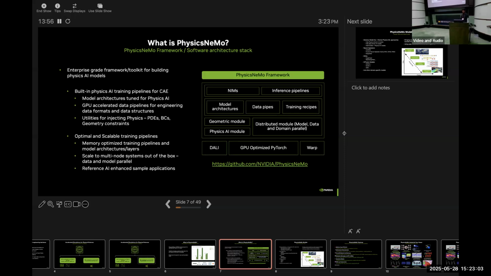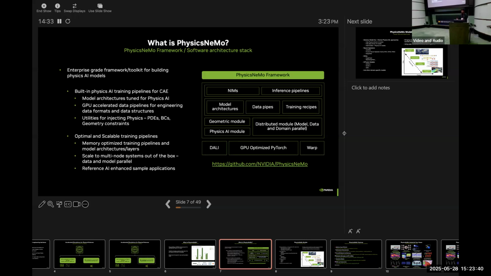In terms of software stack, we build on top of a lot of other NVIDIA technologies and NVIDIA accelerated libraries, such as DALI and Warp. DALI is a library developed at NVIDIA for fast GPU data loading. Loading the data from your disk to GPU memory is a time consuming process, and the DALI library aims to optimize that, and we leverage it to build some of these super optimized data loaders.